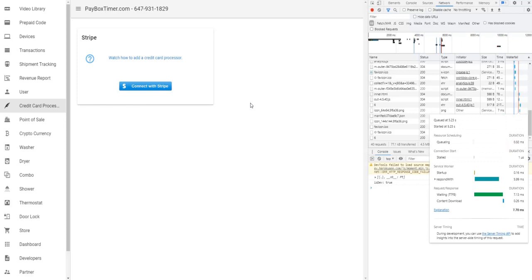In this video, we'll be looking at how to use the POS interface and adding a credit card processor to your landlord account. First, select Credit Card Processor in the landlord interface, and you will be given an option to connect with Stripe. Click the button,